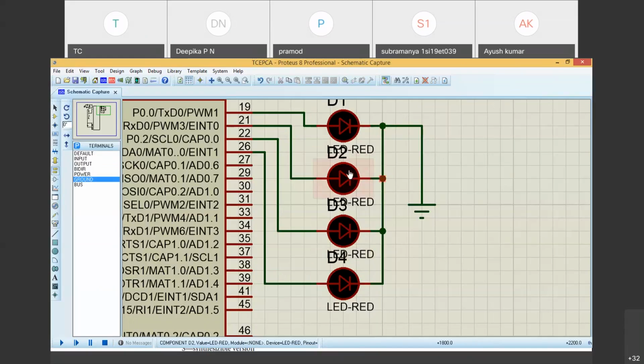So it means that when logical 1 comes here, LED 1 will glow. When logical 1 comes to pin 0.1, it glows. So how will these LEDs glow? If you type F, that means 1, 1, 1, 1, these 4 LEDs will glow. First they will glow, then off for some time, glow for some time, off for some time. And this has to happen.